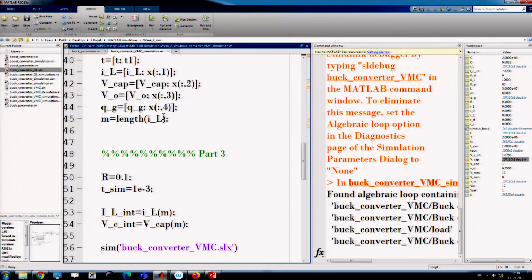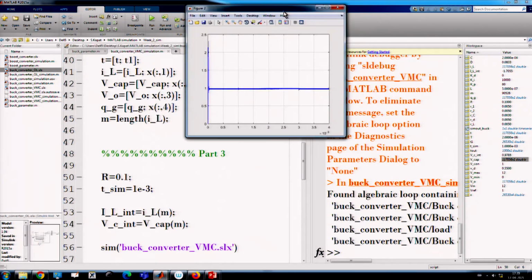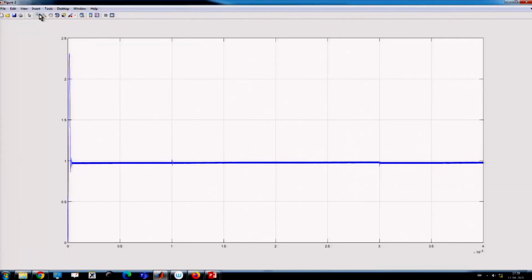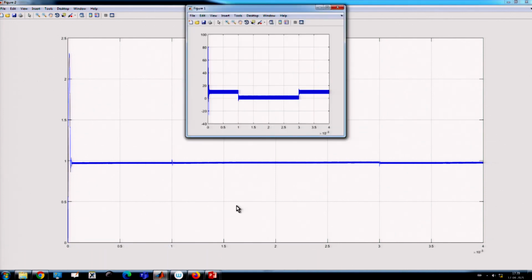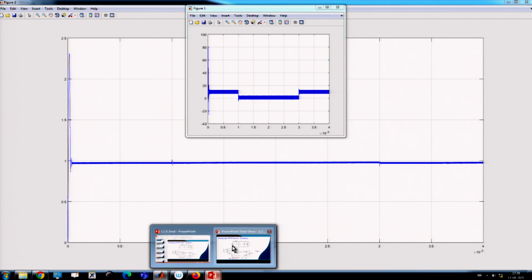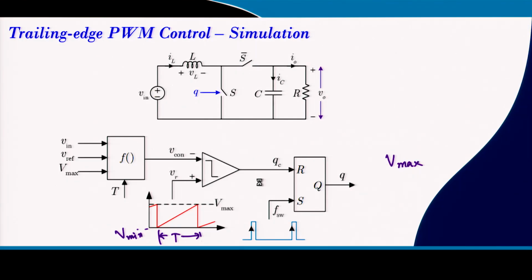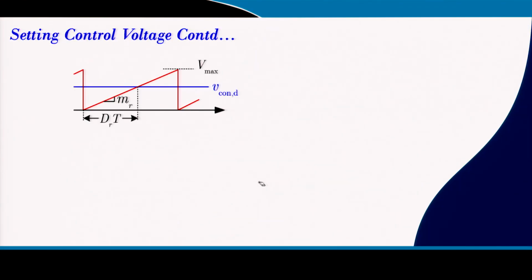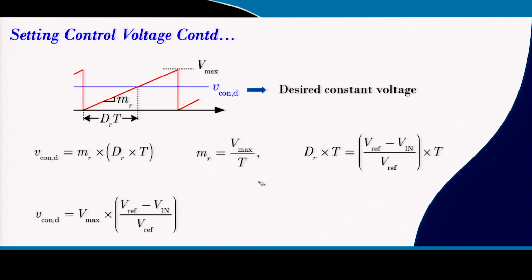So we can see the controller effect, the load transient scenario, step up, step down transient. With this we can actually implement various types of logic. Setting the control voltage, we can accordingly set the desired value that we have discussed earlier.